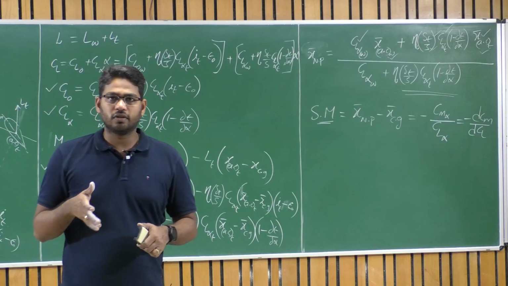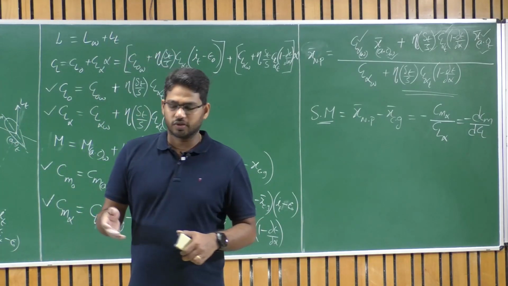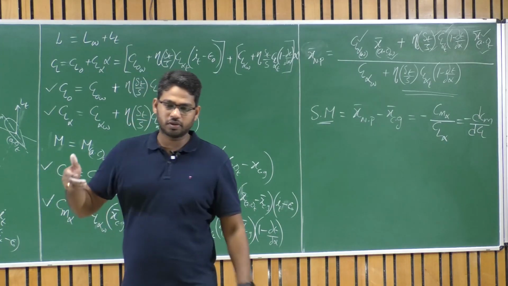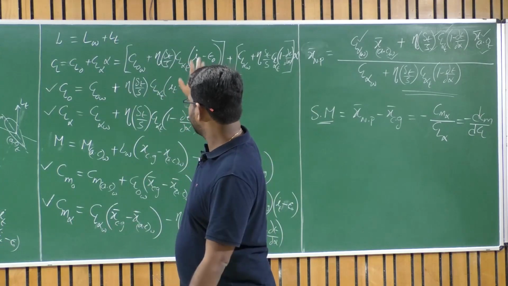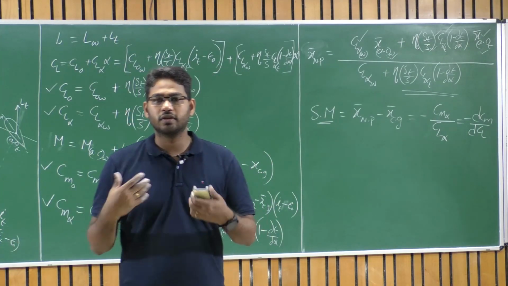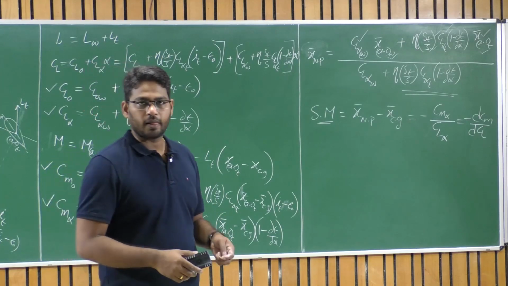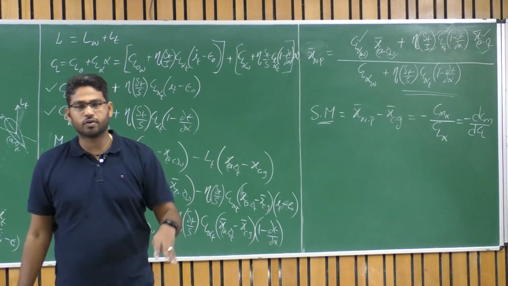For us to understand or digest these things better, we need to solve a few example problems, right? So while solving these example problems, we will consider a straightforward solution where we assume we know CL alpha of wing and tail and their locations, and we will try to figure out what are its stability characteristics. Or we will also try to find out what will be the neutral point and all. These are the straightforward problems.